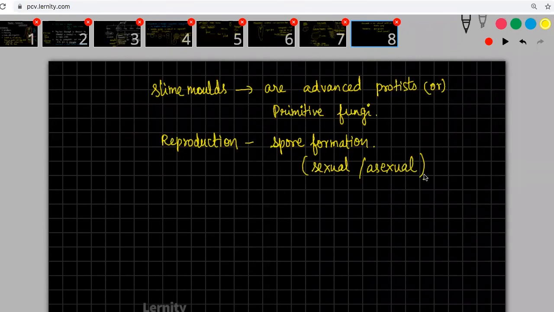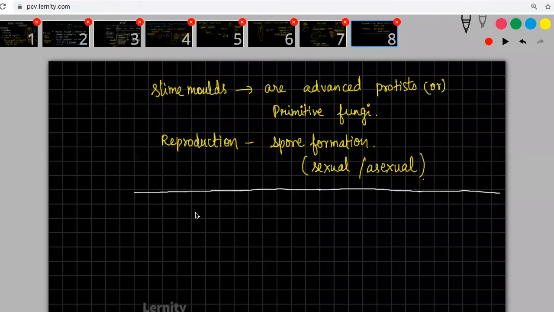Are you guys understanding? Okay. Now, do you guys know the difference between diploid and haploid? Someone was asking me what the difference between diploid and haploid is, when I was showing the slime mold. I will try to tell that once again, just to clarify things.